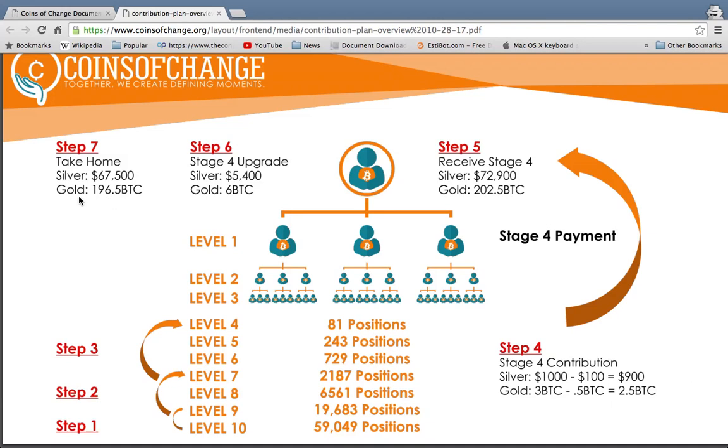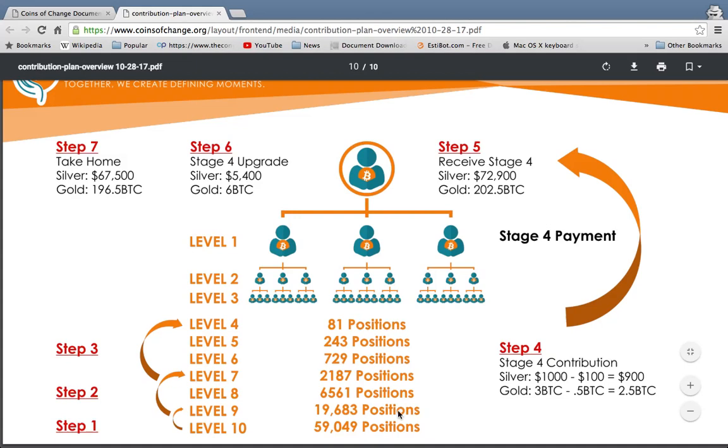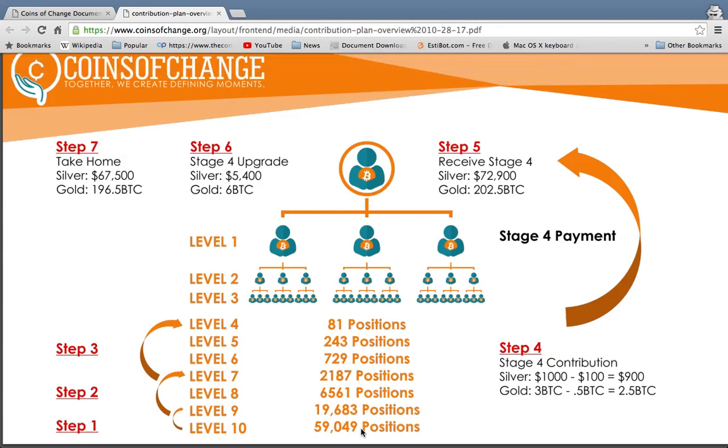But in gold, your total take home is 1,215 Bitcoins. So I'll make sure we get that corrected. But these numbers are correct in regards to your level 10. So almost 60,000 people. And now that sounds like a lot, but guess what? You're looking at